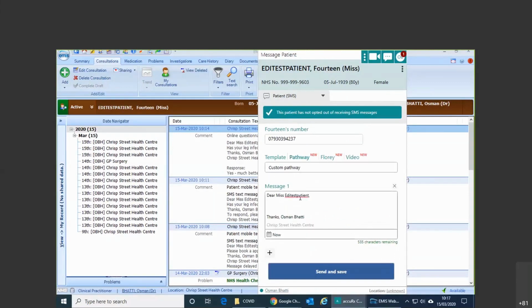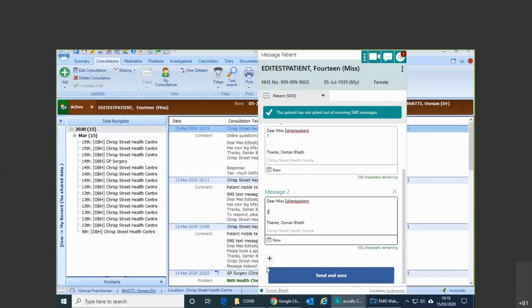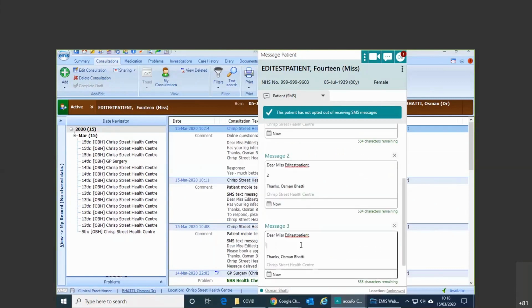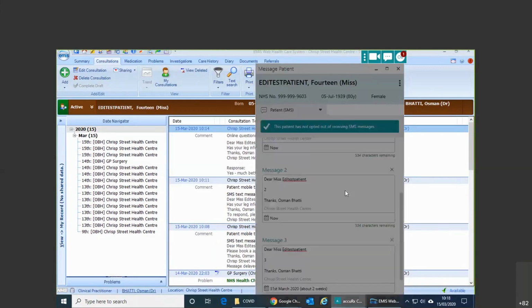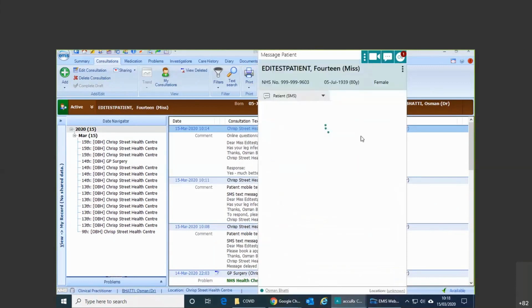So if you click on custom, you can do a message one here, and then you can create another message to be sent later on, and you can define when you want to send that message to the patient, and you can extend that as much as you want, really. So there are lots of options for practices to design something themselves. So that's a really good tool that can be used, and is one of the new features that practices can